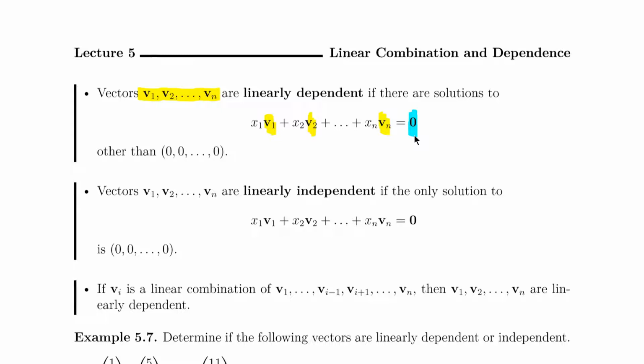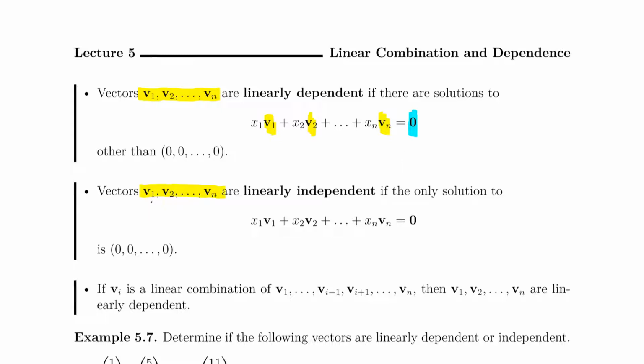Now we can see for sure that this equation definitely has one solution. I can simply let all the x be 0. So if all these guys are 0, then my left hand side is going to be 0, and that is going to be a solution for sure. Now then, if the zero solution is the only solution, then I'm going to say that the vectors v1 to vn